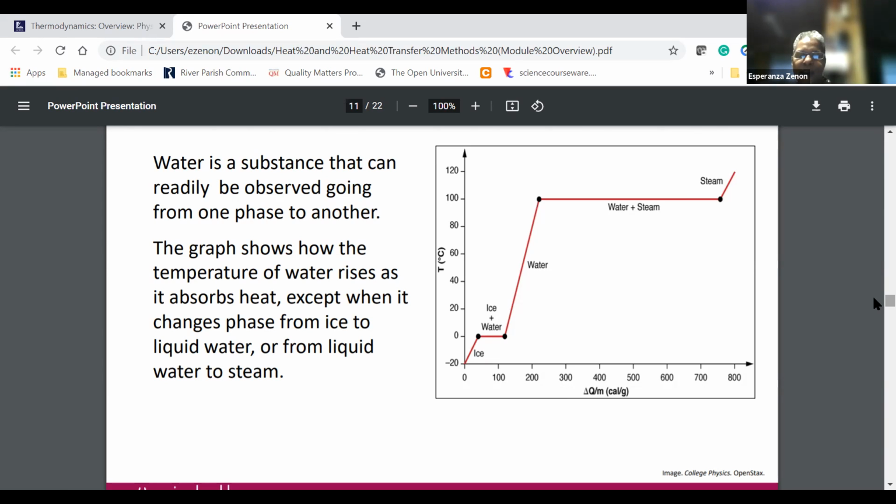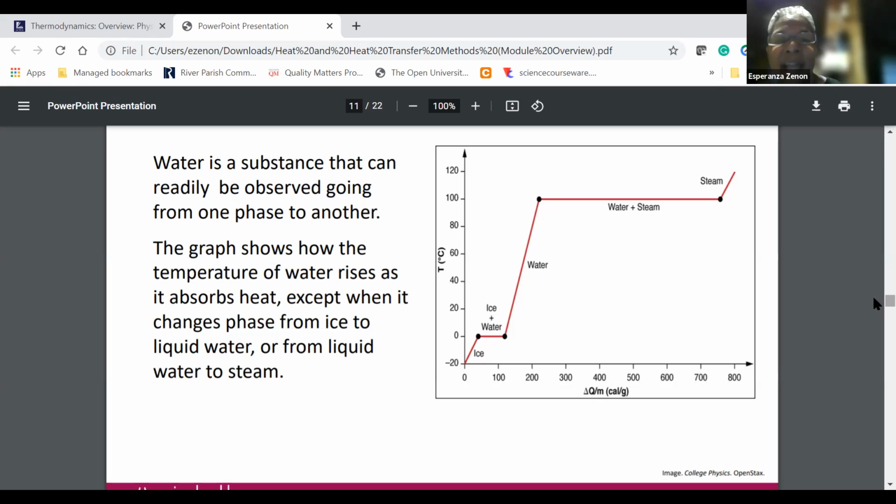So then you have to go back to Q equals MC delta T when you're changing the temperature. Notice, while you're going from ice to liquid water, the temperature is staying fixed. So that's where you're using Q equals ml. Once you change all of the ice to liquid water, the temperature can then begin to rise from 0 degrees Celsius to 100 degrees Celsius. So as long as the temperature is changing, you have to go back to the first formula, Q equals MC delta T.